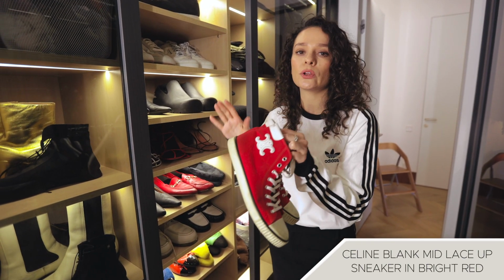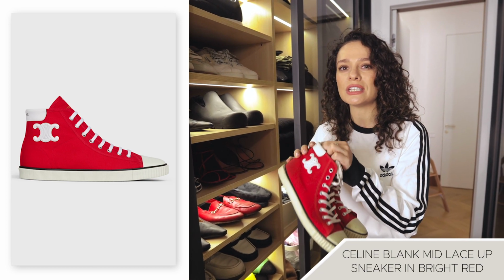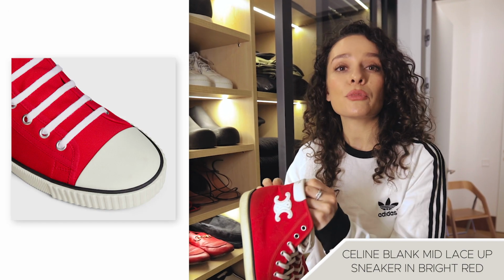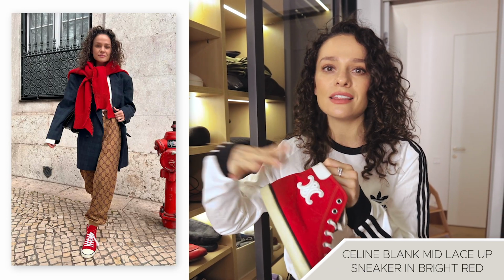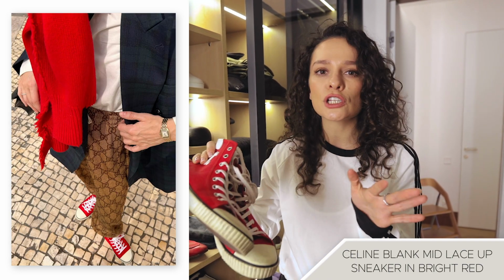sneakers. These are so cool and comfortable. I love traveling in them. I love pairing these with jeans and also with dressy trousers. I love pairing them with skirts and dresses, with summer dresses, with something very airy and feminine. I love how comfortable they are. I love how statement-y these are because of the color and also the Converse look-alike, but also